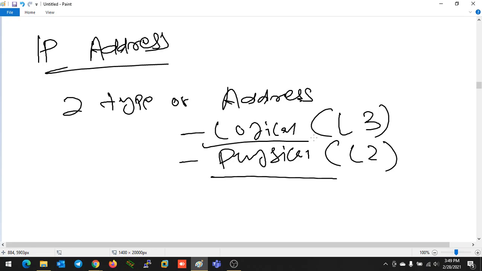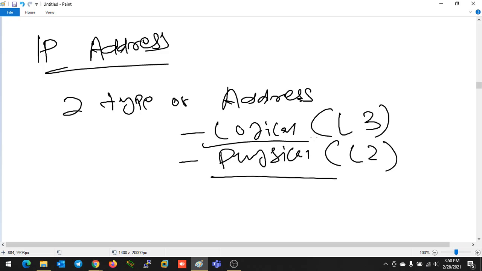For example, if 50 people are inside a room and I discuss their Aadhaar numbers, all the people have different Aadhaar numbers. No one is going to have the same Aadhaar card number. But if I talk about names, you can find two people with the same name, Ram. So there could be confusion if you keep two people's names the same. Sometimes you want to send data, or you call for one guy and another guy responds to you. This kind of thing can happen, which is known as a conflict.